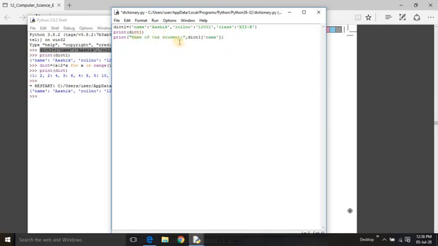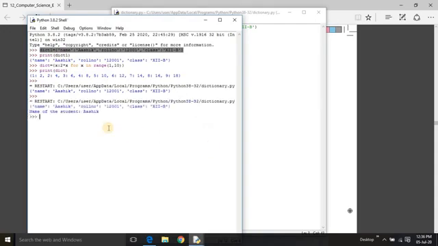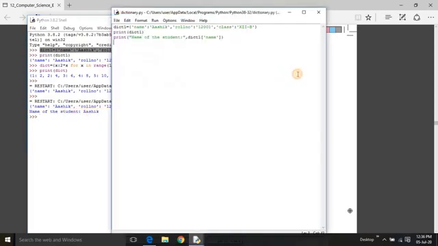So print the dictionary name plus the key value I am giving. Let us see what happens. See, from the dictionary I am accessing a particular element, name of the student. Like this you can access all the elements in a dictionary.